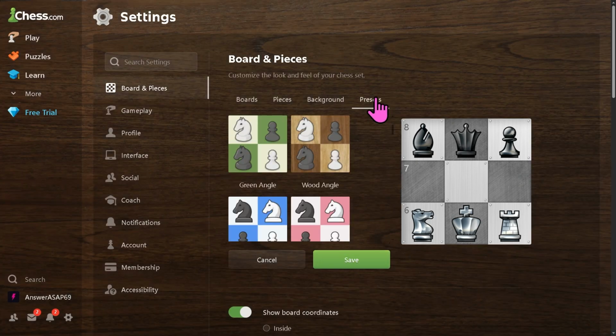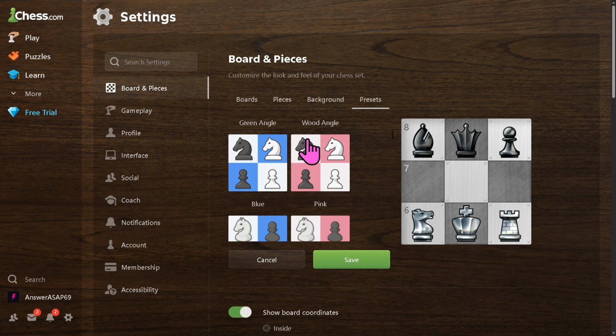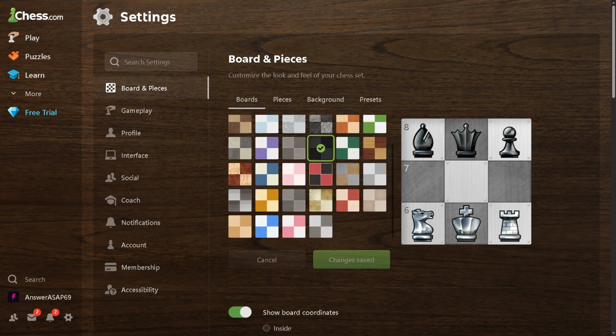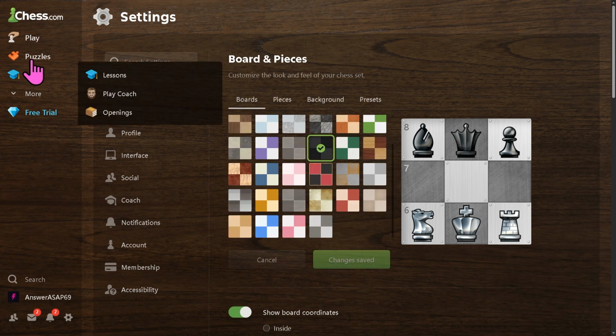It's up to you. For the presets, if you don't want to start from scratch, you can choose from any of the presets that chess.com offers. From green, angle, wood, blue, pink, it's up to you. Once you're happy, click the save button. It's super simple. And basically, that's it for today's video on how to set up a chessboard on